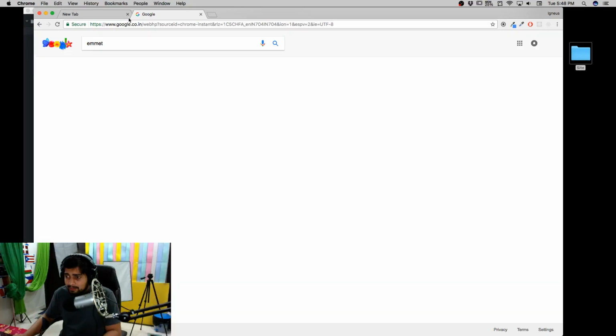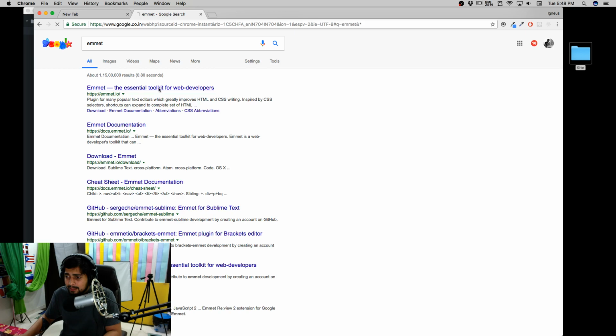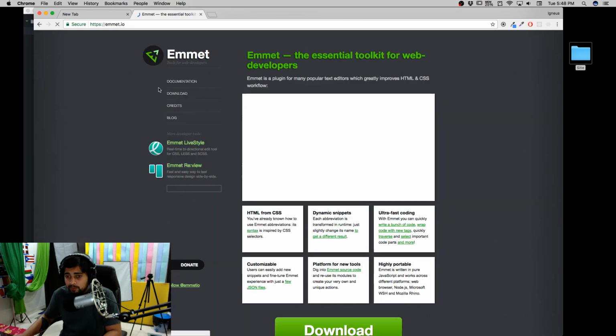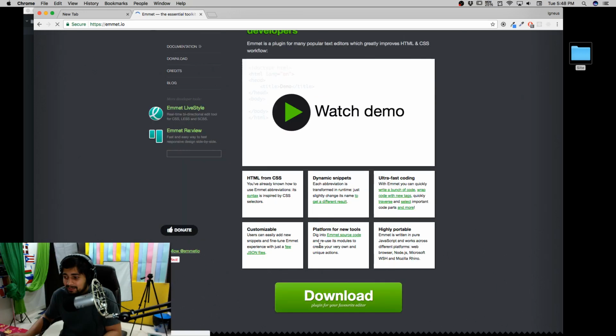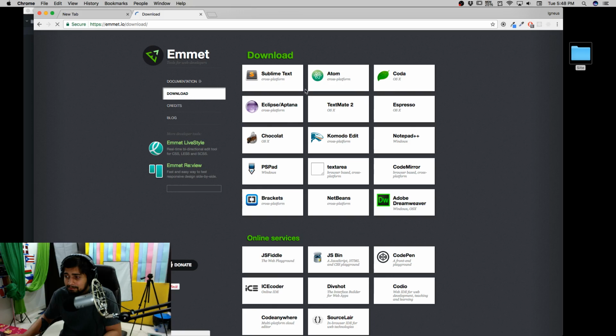It's fast paced. I do have a free course on Emmet. In case you're not aware of it, make sure you go there and check it out. It's really fast, so make sure you download it for your particular plugin. It's available for Sublime, Atom, Coda, Eclipse, TextMate, whatever editor you're using. I'm pretty sure you're using one of them.